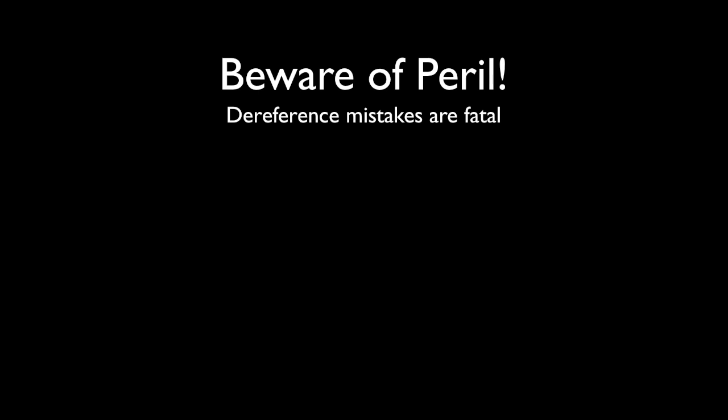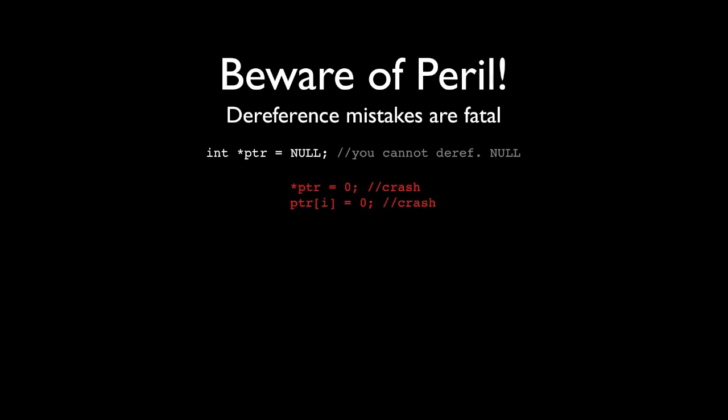Because whenever you're using an app or a program or a game or anything and it crashes or freezes up, I can guarantee you it's because someone somewhere made a mistake with pointers, at least when you're using lower level languages like C. This is one of the most uncommon mistakes actually, but if you have a pointer and you set it to null, you can't dereference it. If you dereference a null pointer in any way using any of those dereferencing methods I talked about on the dereferencing slide, the program will crash. There's no way to recover from this. It's a mistake. Don't do it.